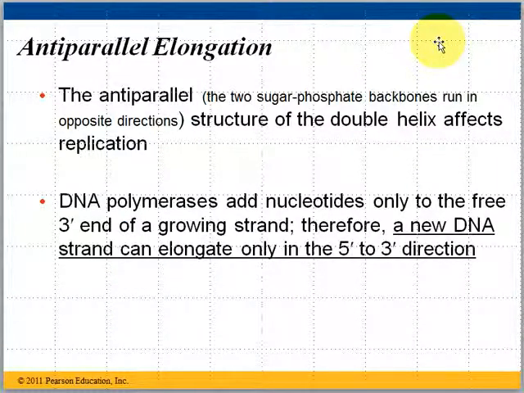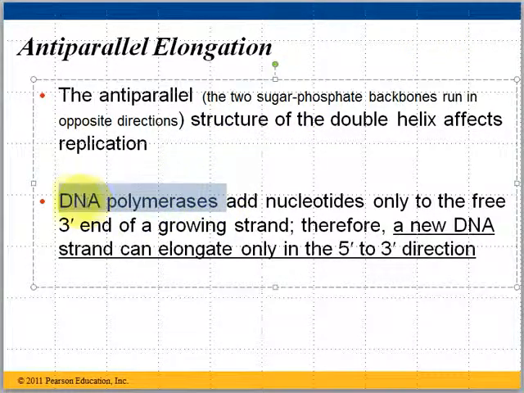So we know that this is what we call anti-parallel elongation. The 2 strands are parallel to each other, but they run in the opposite directions, and that is because of the structure of this double helix. But that also affects how we're going to copy these strands or replicate these strands, because remember I said DNA